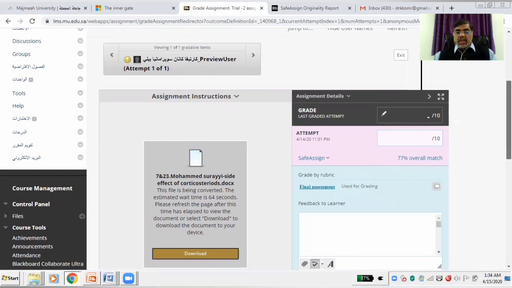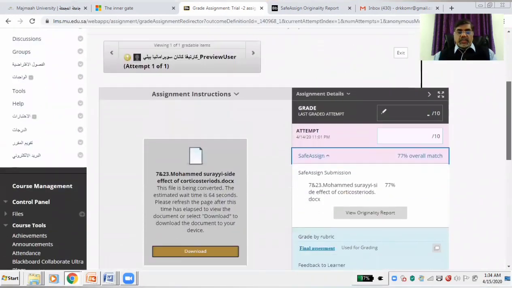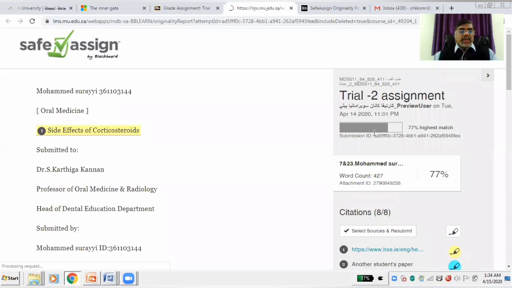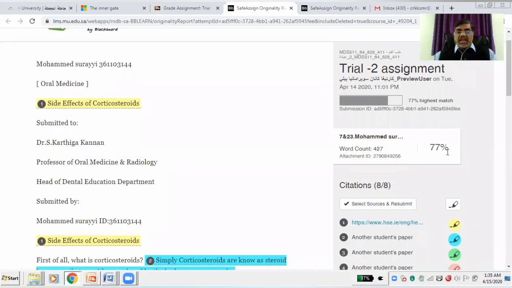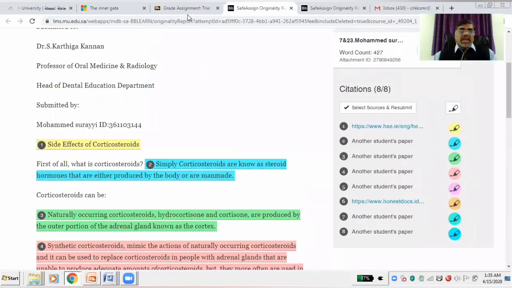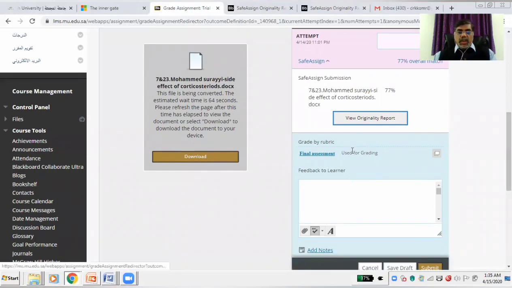If you want to see, if you select this, it will show the percentage of plagiarism here. If you want to see the report, if you click this, it will give you the plagiarism report. See here, 77 percent, and you get the different colors that show the plagiarism related to each of the sources. So if you want to see that, once you check all the plagiarism also, you can